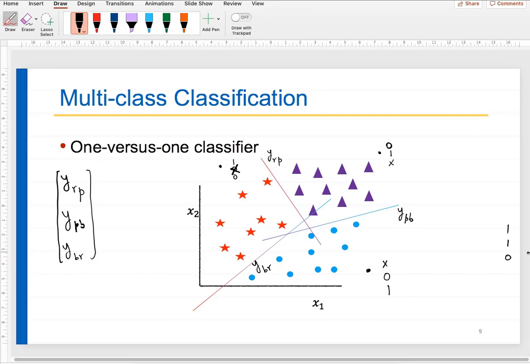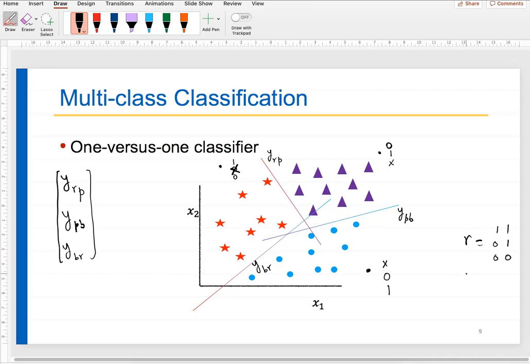It can only belong to the first class, the red class, right? And if it is 100, then again it belongs to the first class only. So there is no ambiguity, right? For both the vectors it belongs to red only. So when the class is red, then this will happen.